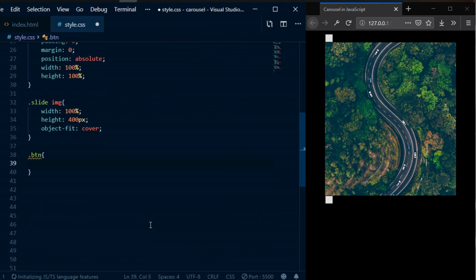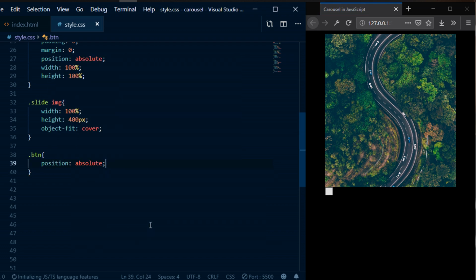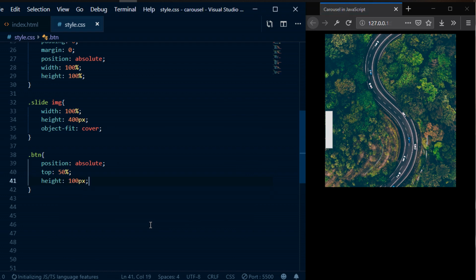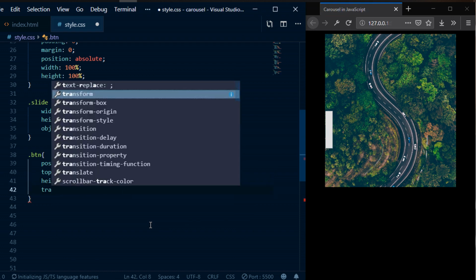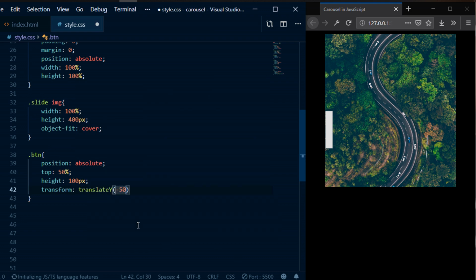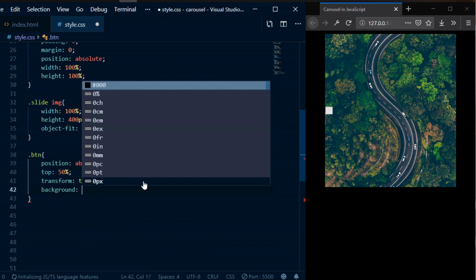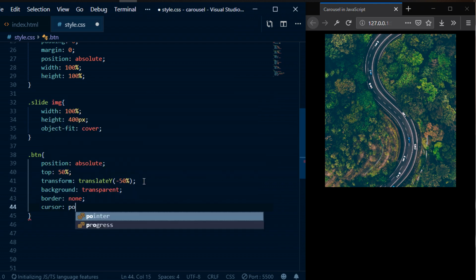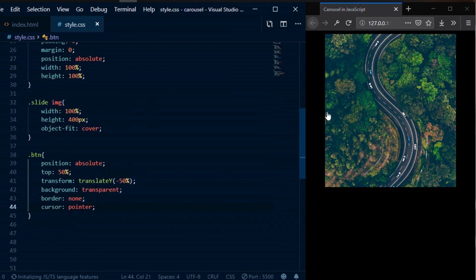Now for the buttons, I'm gonna set the position to absolute. Then to center them vertically, I'm gonna use top 50%. And to center them, I will set the height for now to 100 pixels. Then use the transform property to translate the Y by -50%. This way I will center well the buttons. Now for the background is transparent, and I will get rid of the borders, set them to none, and the cursor to pointer to give the feeling that